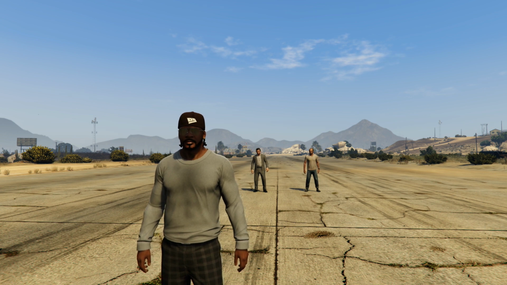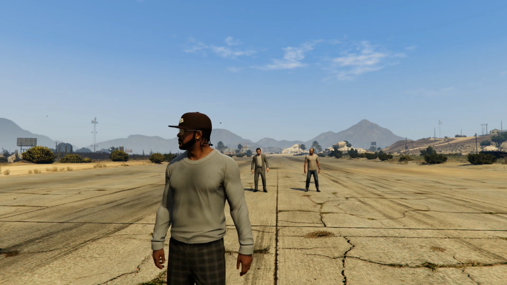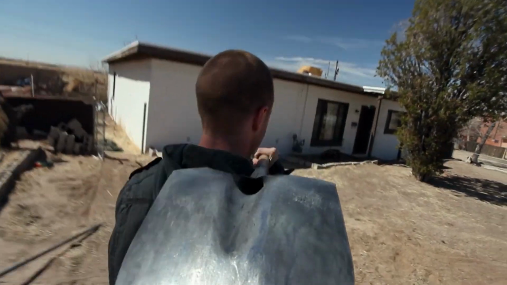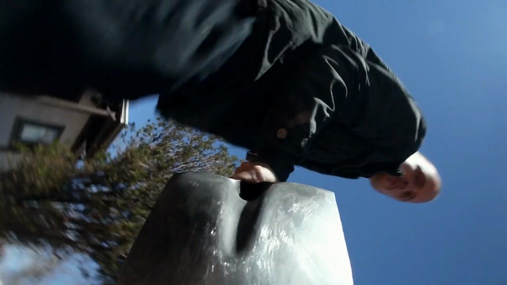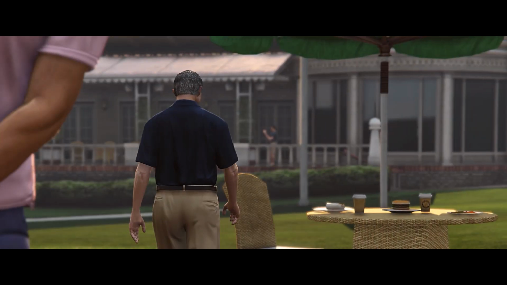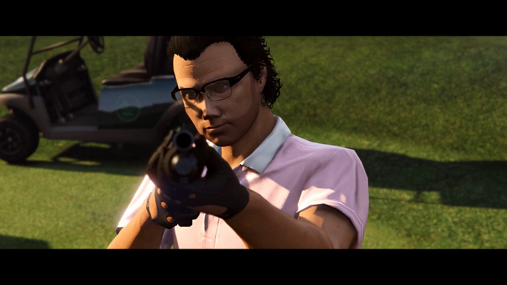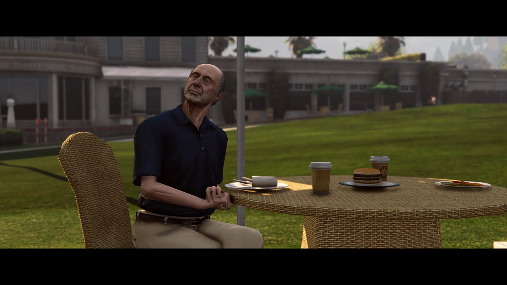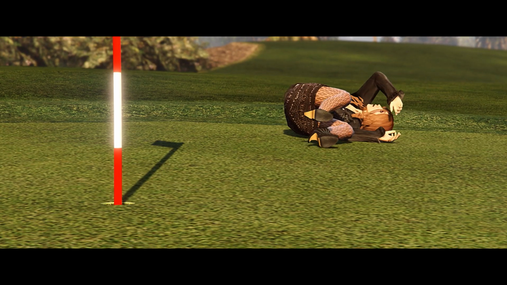This time we will talk about a special type of camera shot you might have seen in some movies or TV shows like Breaking Bad. As far as I know, you can call this an inanimate POV shot, since it focuses on a prop rather than a character. I've used this in my video A Rich Man's Pleasure a while back too. Today I want to show you how to recreate this effect in GTA 5 with a few simple tricks.